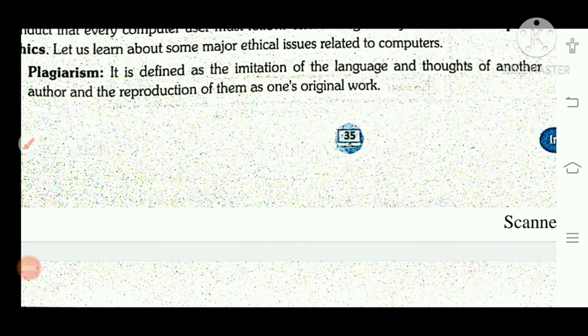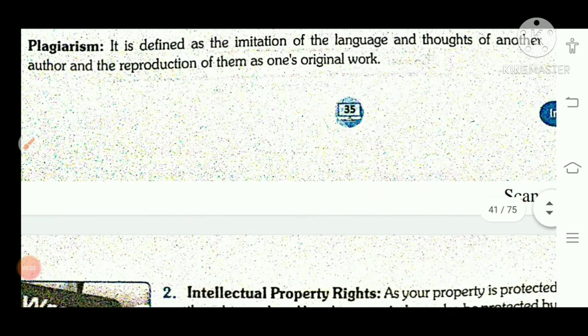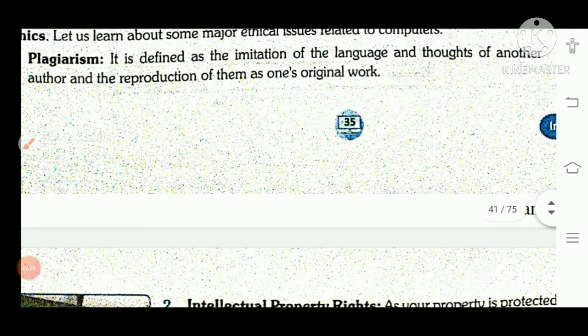and you do not have proper knowledge on that topic, so you copy the data from some other site, and by copy-pasting you create your own website and publish it on the internet. Then those companies can place a case against you, and that case will be registered in the category of cyber crime. Cyber crimes are registered under the IT Act 2000, and either a fine is there, or you can even go to jail.